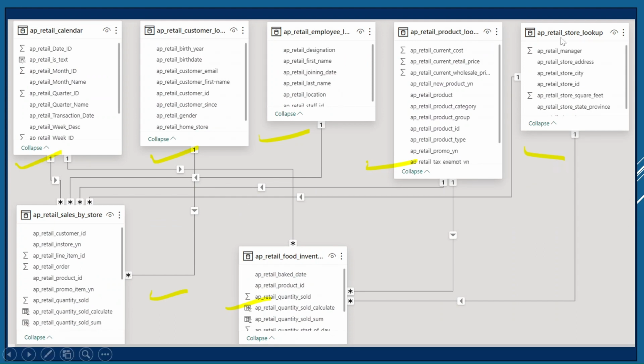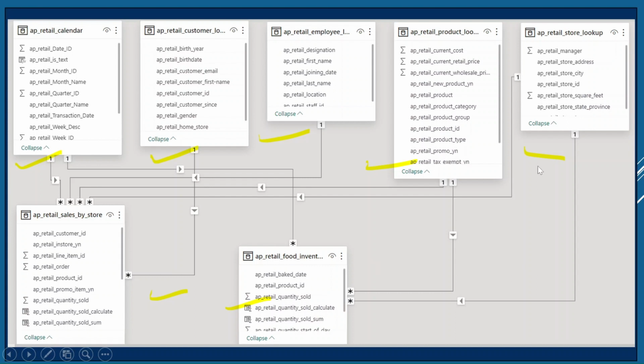There could be a relationship between the AP retail store lookup table and the AP retail food inventory table, because sales happen from a store, and the inventory present in that particular store is identified with the help of the retail food inventory table.